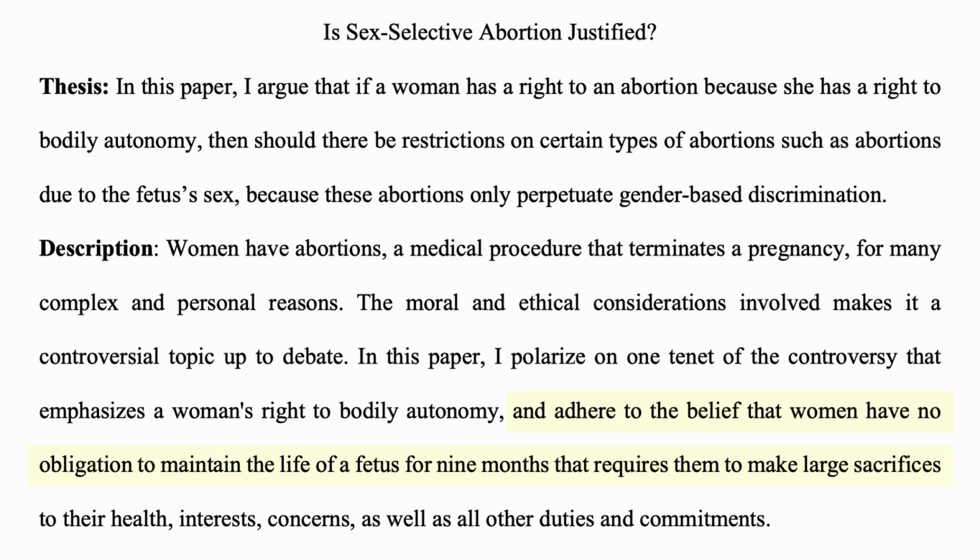And then the next part of the description, I think in the context of as we read on, what the student is doing is affirming that the student is not advocating for a totally pro-life position. What the student is saying is that there is still a right to an abortion. So by saying "I adhere to the belief that women have no obligation to maintain the life of a fetus for 9 months that requires them to make large sacrifices," what the student is saying is that, yeah, there is a right to an abortion,